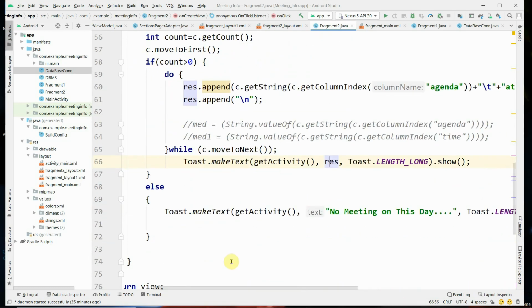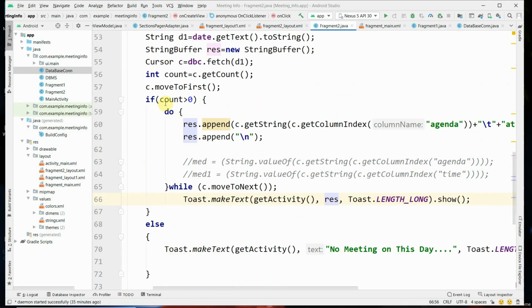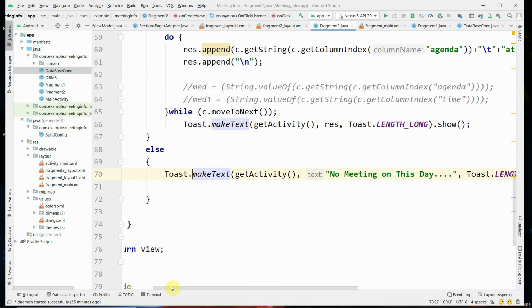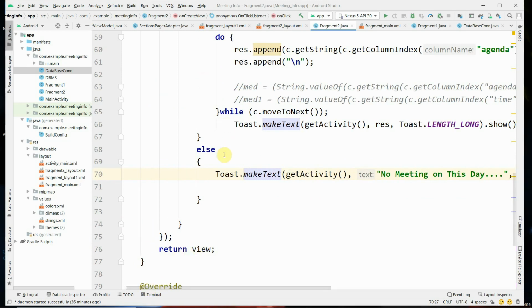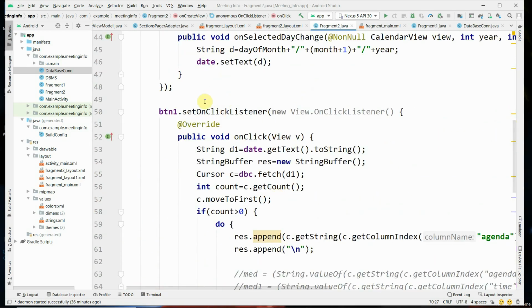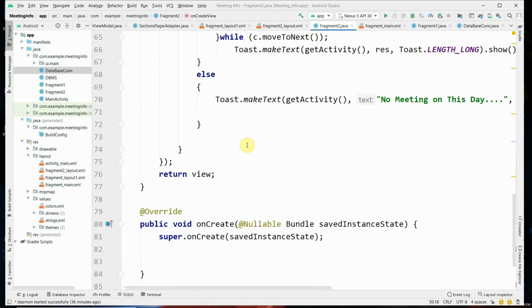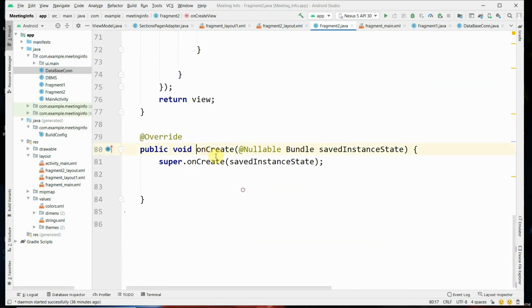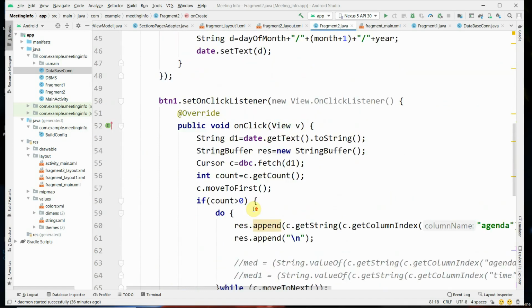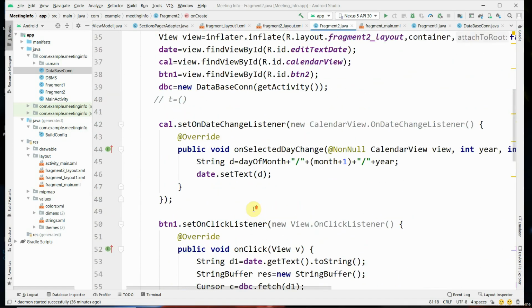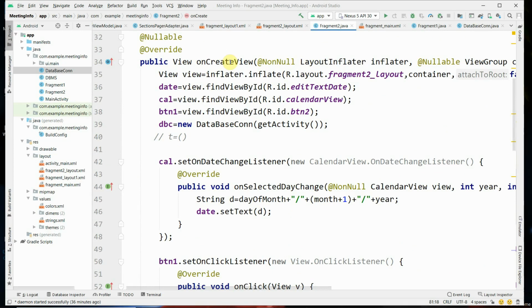If there is no meeting, it displays no meeting on that day. That means if the records are not there, if the count is less than 0, it displays there is no meeting on that day. Thus it returns the view object, because we are writing the set on click listener method, which should return the view. This is there by default. This on click listener method we are writing inside the on create view method.